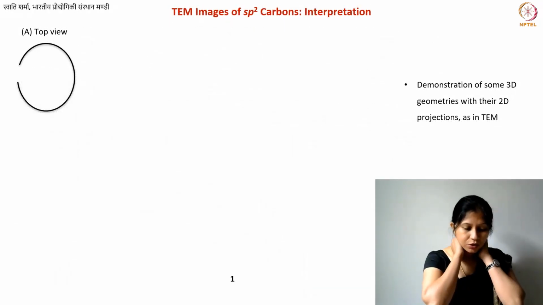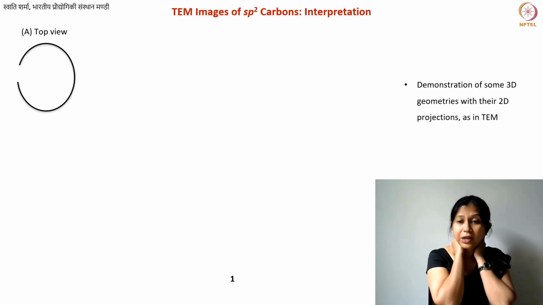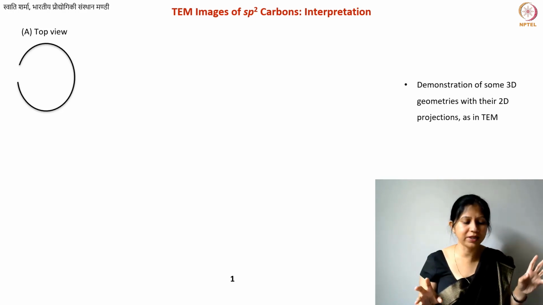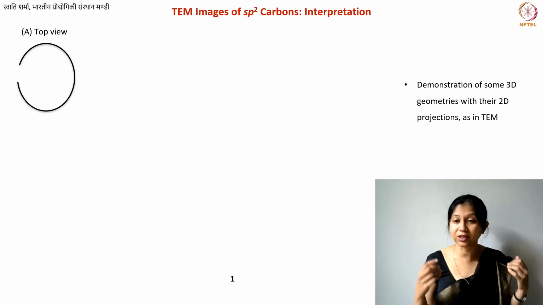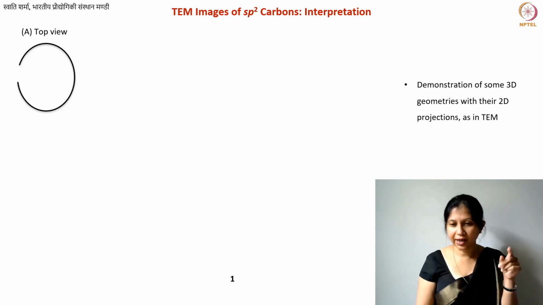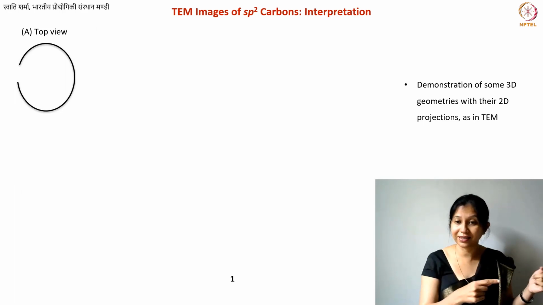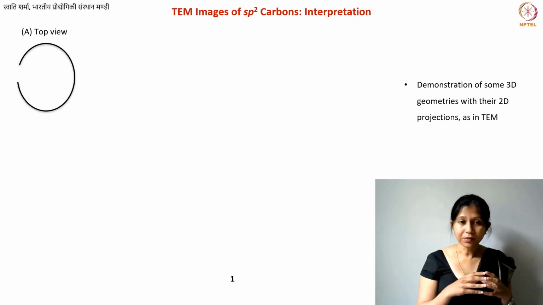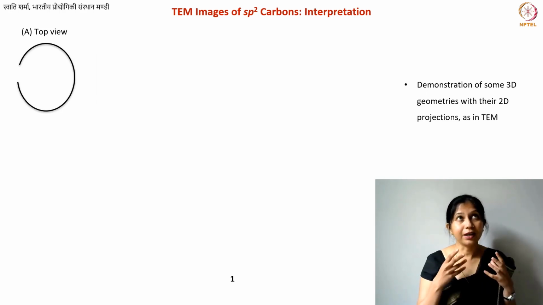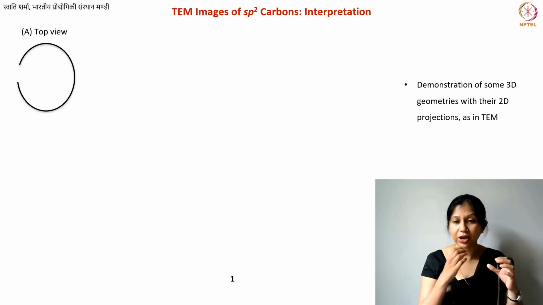Okay, so now coming to some more structures that you can potentially see in your carbon materials, but not necessarily. I'm just taking some very simple geometries to explain whatever I have just said. You see a circular, ring-like structure in your carbon. You can go back and see the TEM image that I have shown. You see a circle, or not a complete circle, this ring-like structure, whatever it is. What are the possible 3D arrangements that you can think of? What is the 3D shape?